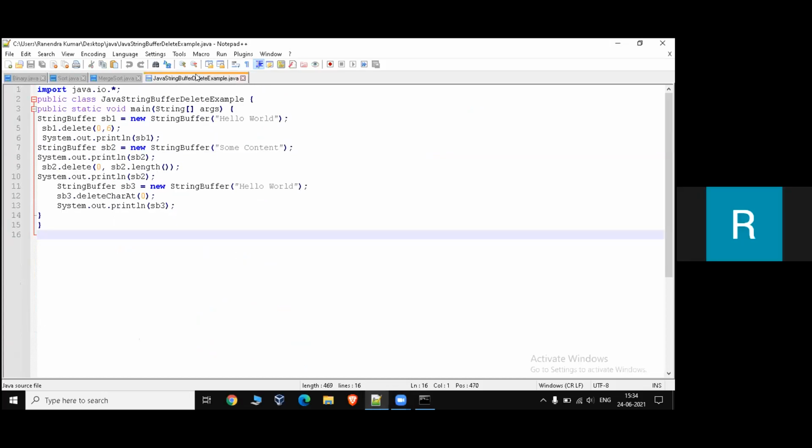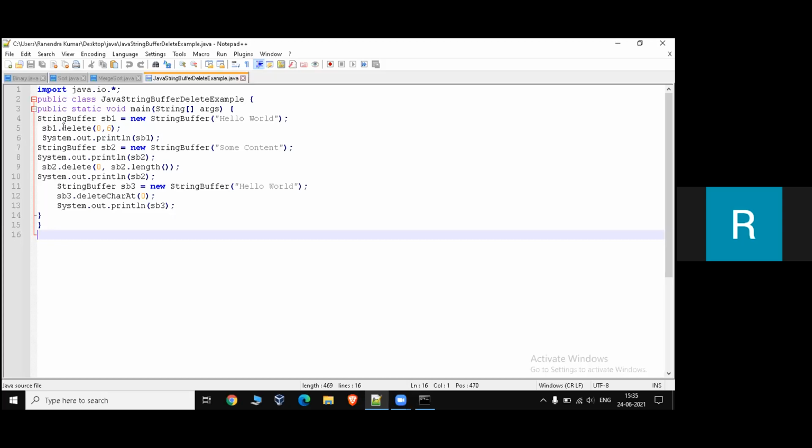String buffer class is used to create mutable strings, so we can modify the strings. This is the main class, and this is the object for the string buffer class.